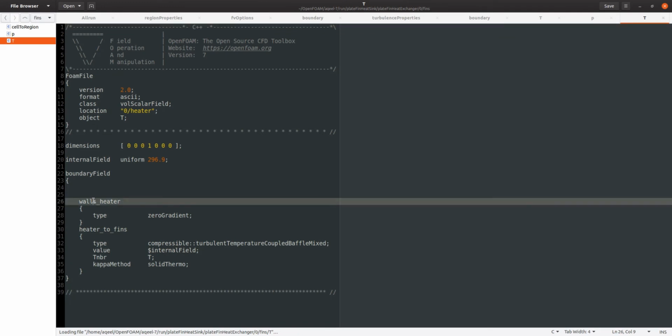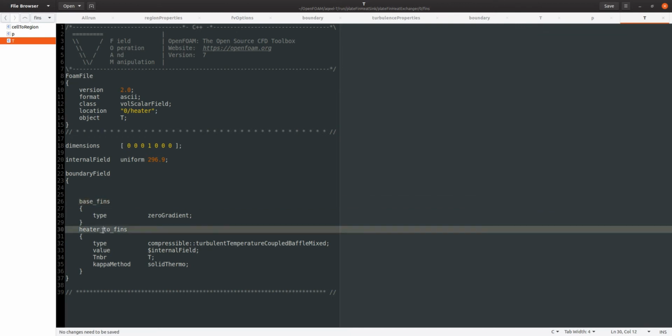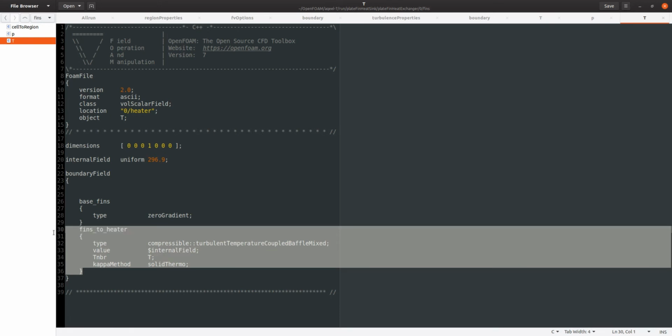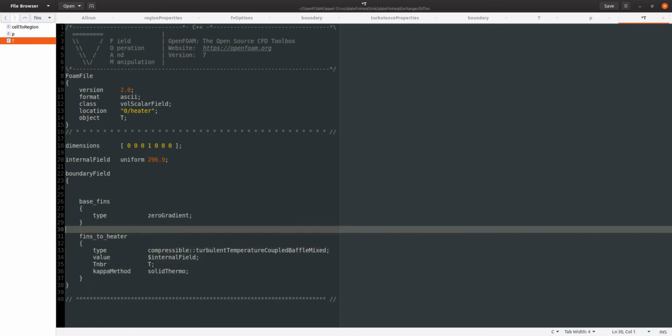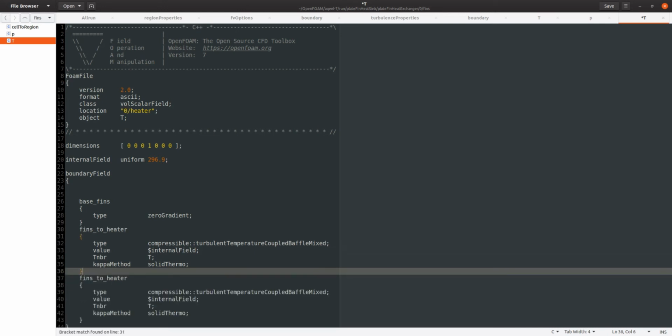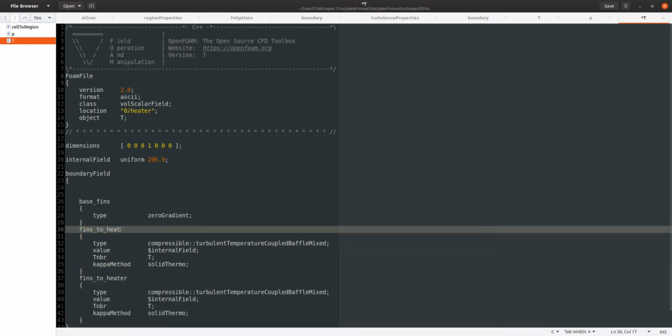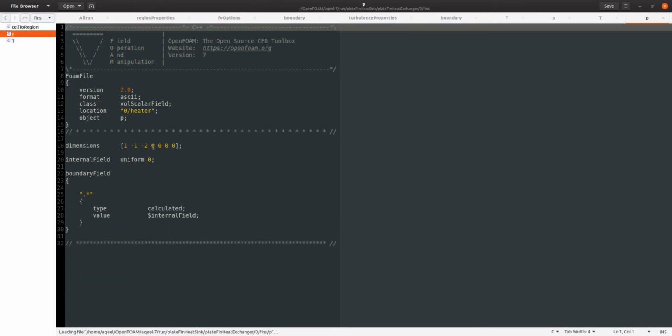So in this case we have base of fins, but here we have fins to heater. But we have another one that is fins to fluid. For P we are good,